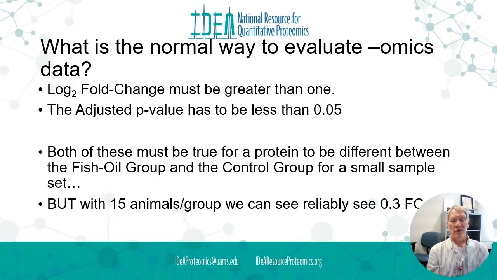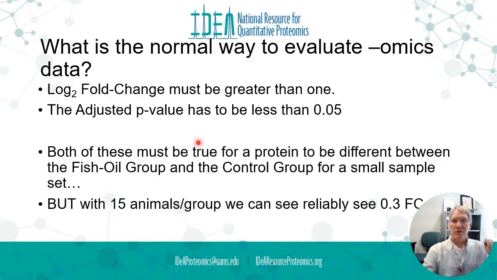And we want to look at the adjusted p-value, which has something to do with how much the data is spread in group. That value has to be less than 0.05. Both of these must be true for a protein to be different in the fish oil group and the control group for a small sample set. But with 15 animal groups, right? So if we only did a 3x3, with only 3 control animals and 3 fish oil animals here,